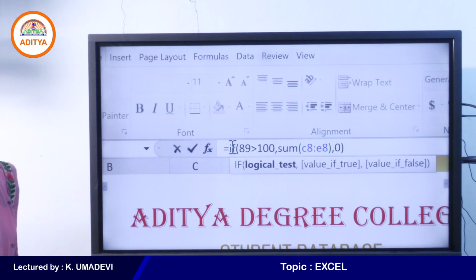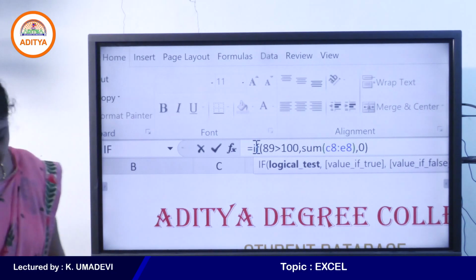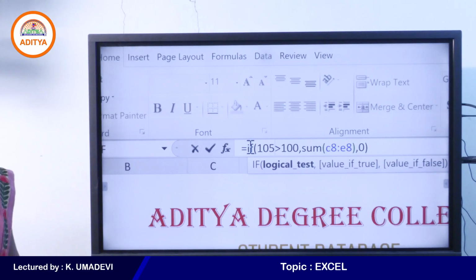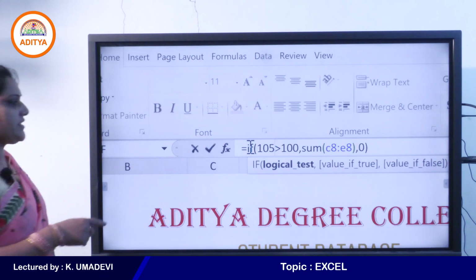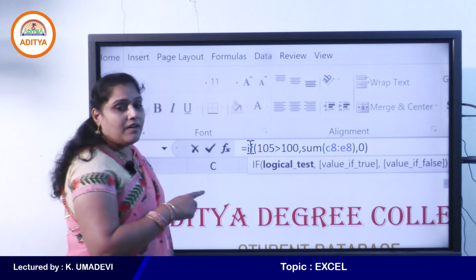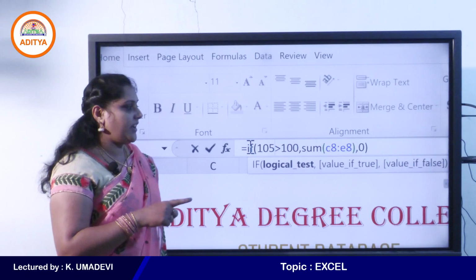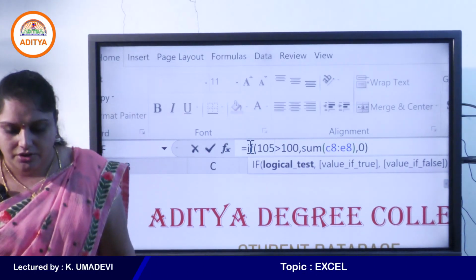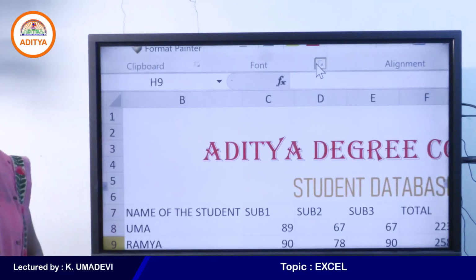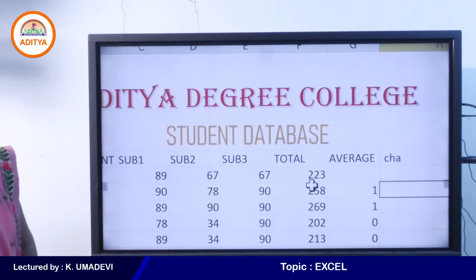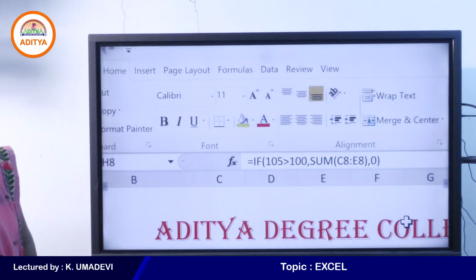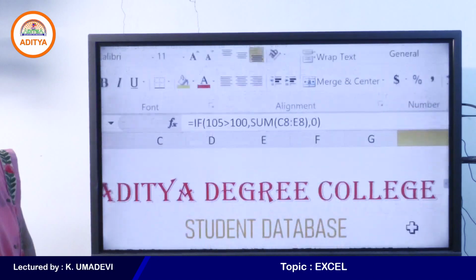Okay, students. So now I will change the condition. For example, is 105 greater than 100? Yes, true. So if the condition is true, it returns the result as the sum of all the cell values, that is from C8 to E8. Otherwise, it returns 0, right, students? So now press enter. So if 105 greater than 100,